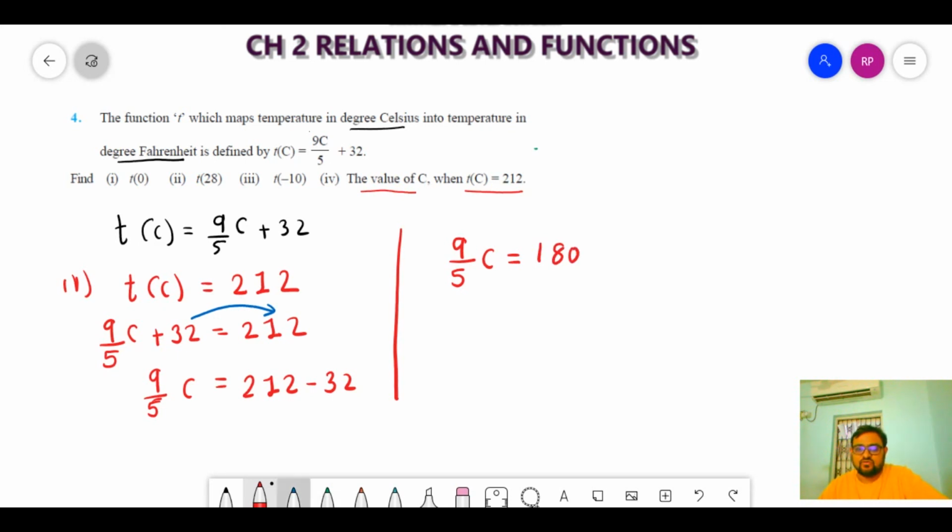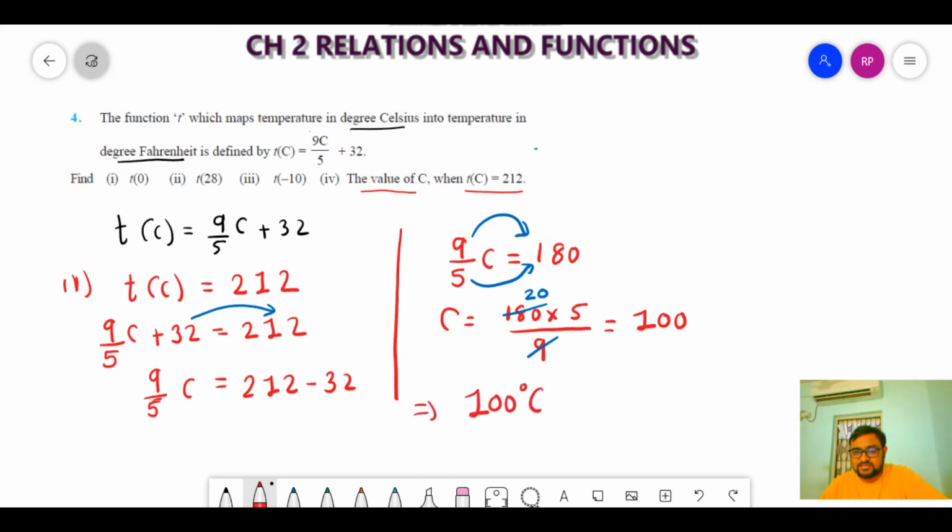So now we'll just take 5 on this side, it will be multiplied, and 9 on this side, that will be divided. Right? So C is equal to 180 into 5 divided by 9. So 9 ones are 9, 9 twos are 18, so 9 20s are 180. So 20 into 5, that is equal to 100. Right? So this means 100 degrees Celsius